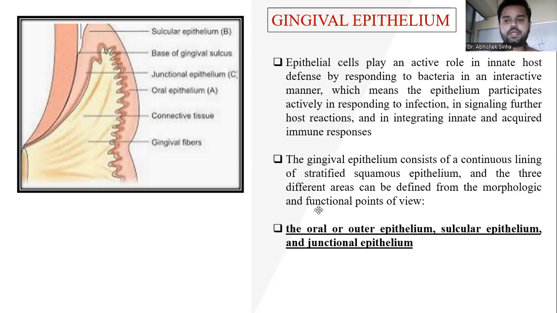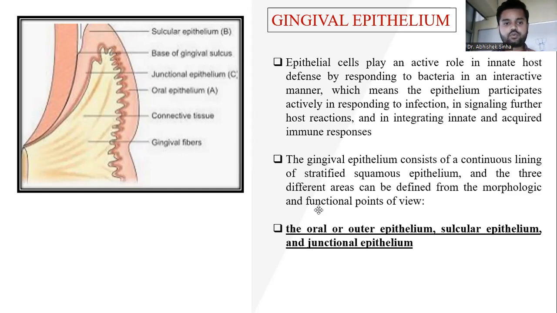So epithelial cells play an active role in the innate host defense by responding to bacteria in an interactive manner, which means the epithelium participates actively in responding to infection, in signaling further the host reactions and in integrating innate and acquired immune responses. The gingival epithelium consists of a